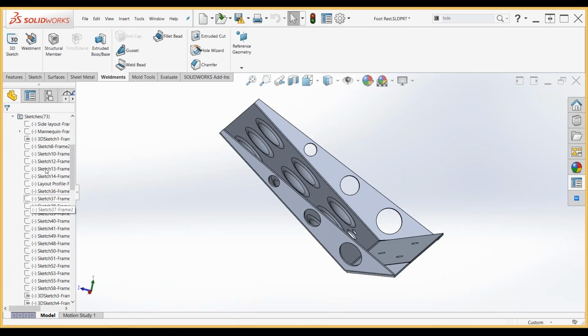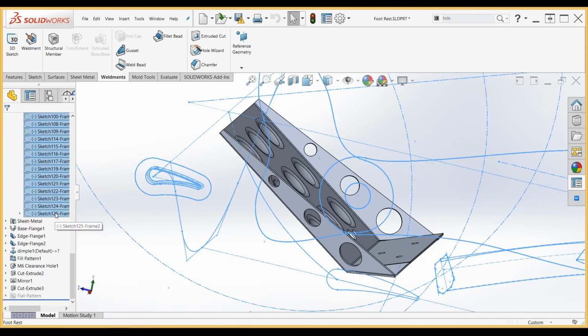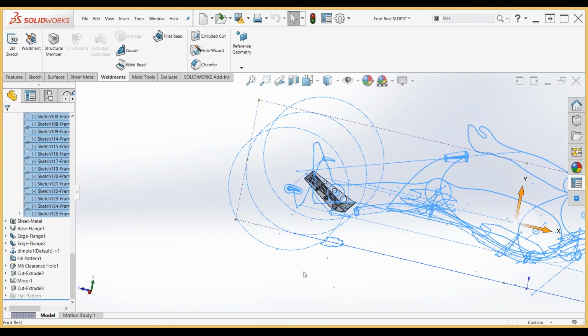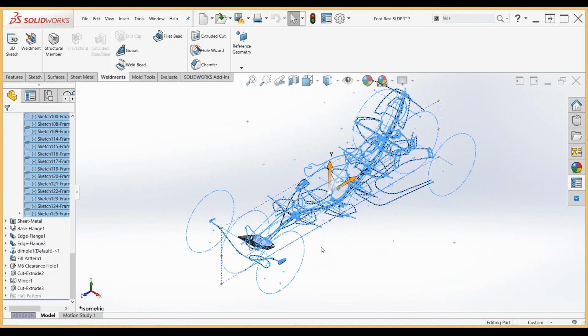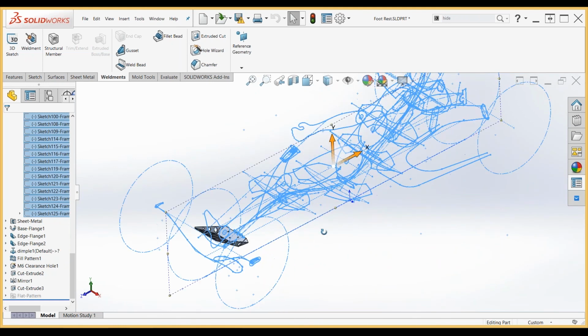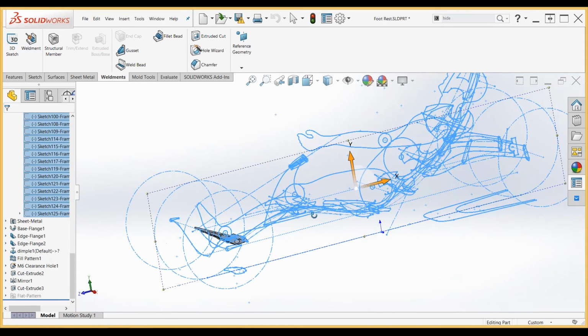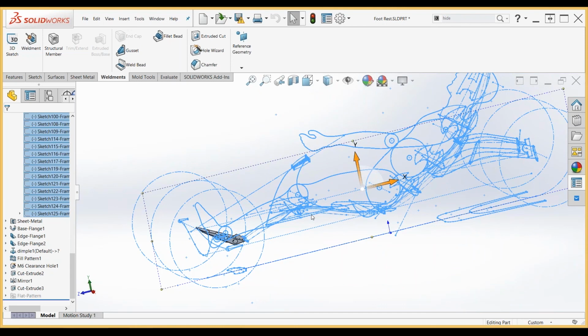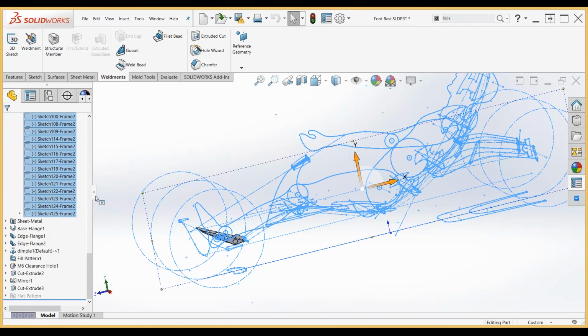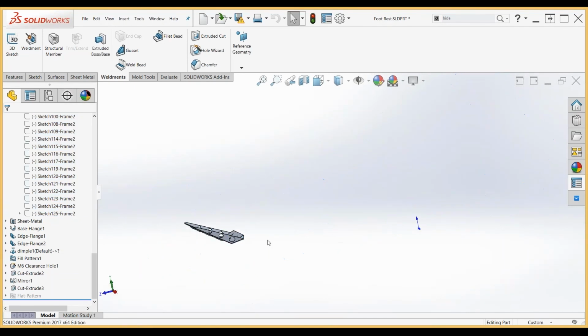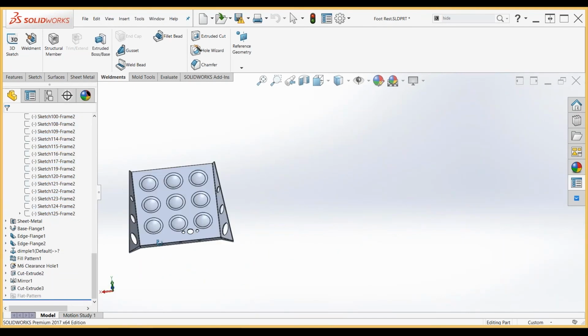So now that I have my model oriented the way that I want, I need to create some views. So going back into my orientation bar, there is the option here to update your standard views. So what I'm going to do is I'm going to click on that, and it is asking me, okay, select the standard view you would like to assign the current view to. So I want this to be my new front view. So I come in here and I click my front view, and I get one more warning, and this warning